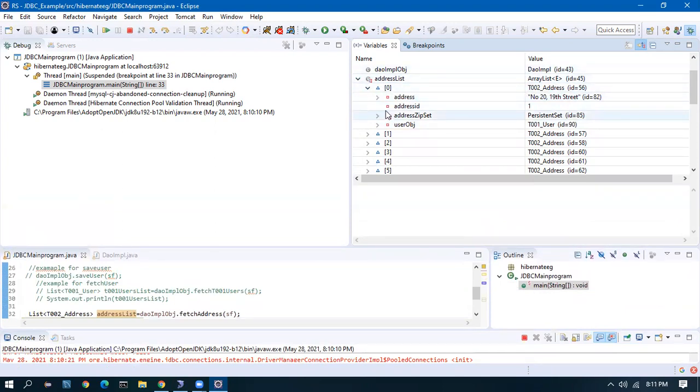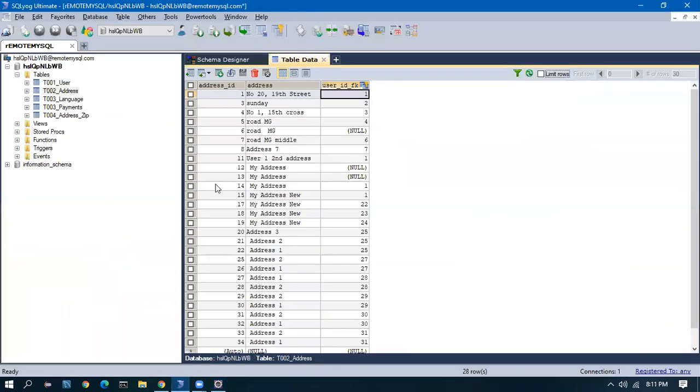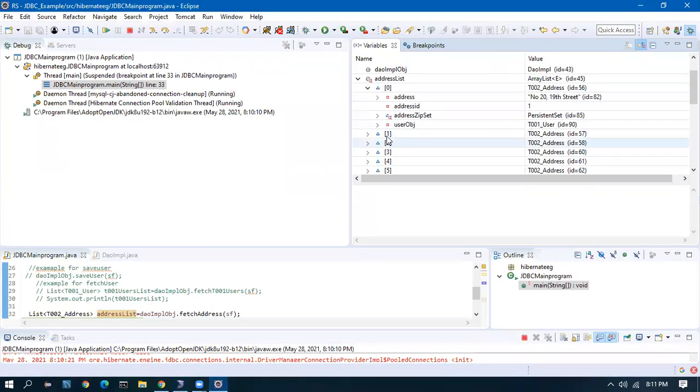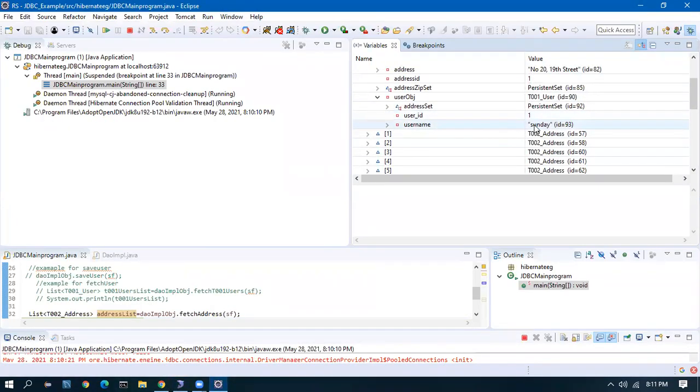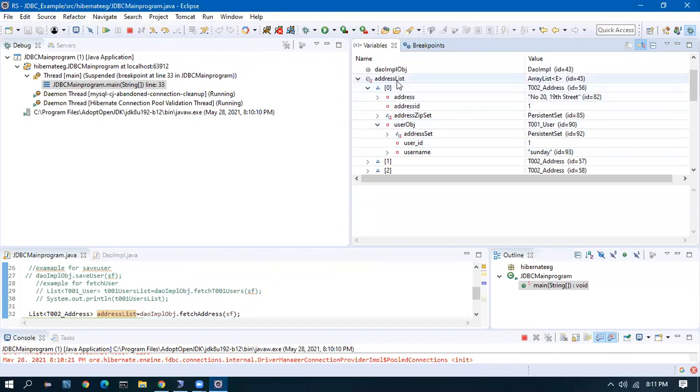The same way, while fetching, Hibernate will bring its parent also. So any address object, suppose this address object ID is 1, which means user object 1 will come here. If I see this user object, I can see the user object completely. See here, he is Sunday. So the parent of this address is coming up automatically.